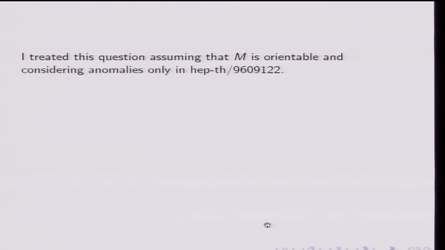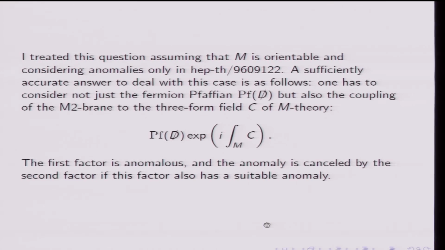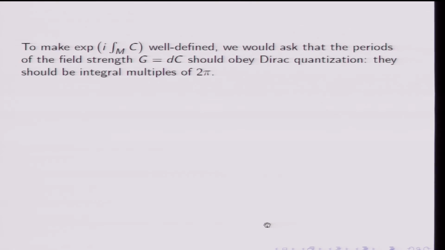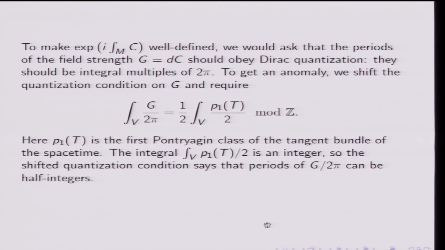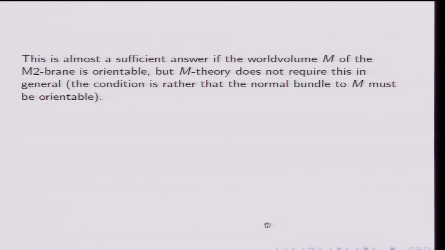I treated, assuming M is orientable and considering anomalies only, I treated this case in an old paper. And in that case, the answer is that something funny happens to this 3-form field C, such that that factor has an anomaly that cancels the anomaly in the first factor. But first of all, my methods were only adequate to treat orientable 3 manifolds. And secondly, it's now clear that an anomalies-only approach doesn't give the full story. So, okay, given the time, I won't explain here what I did in the old paper. And I'll just say that